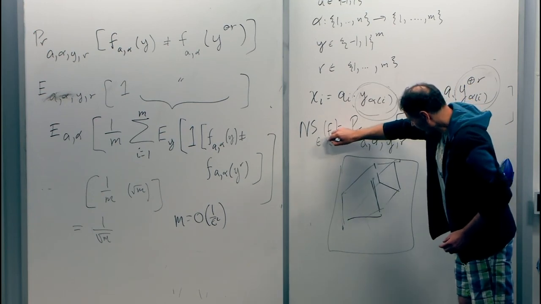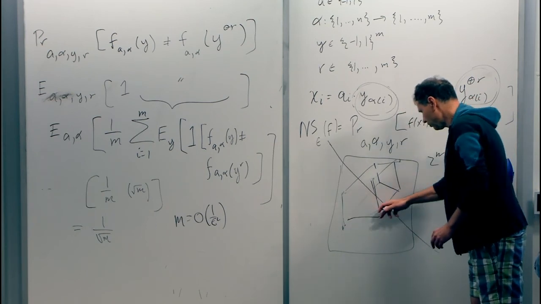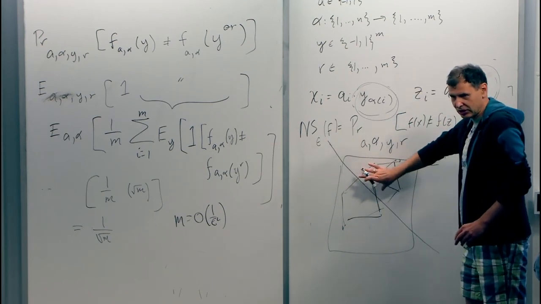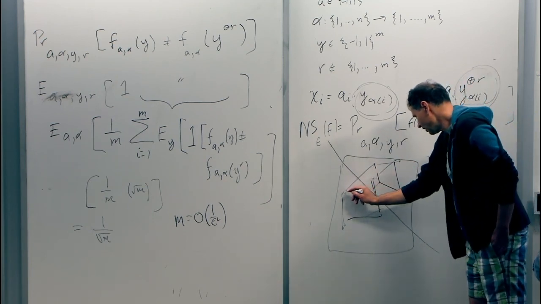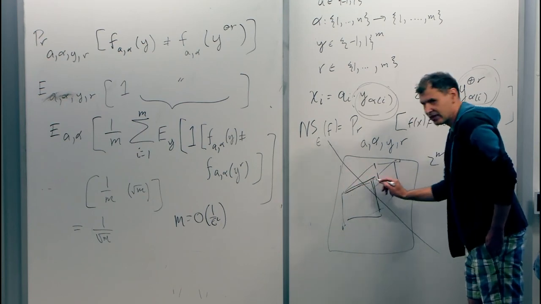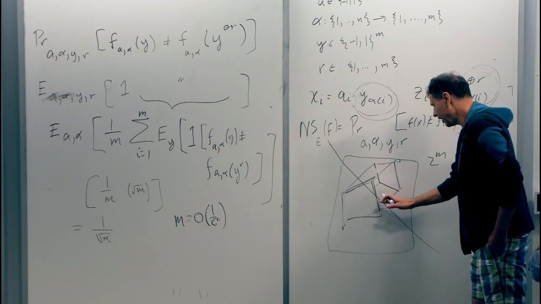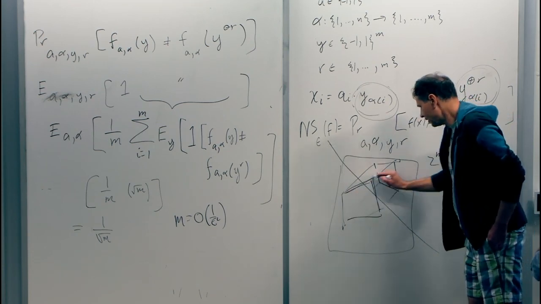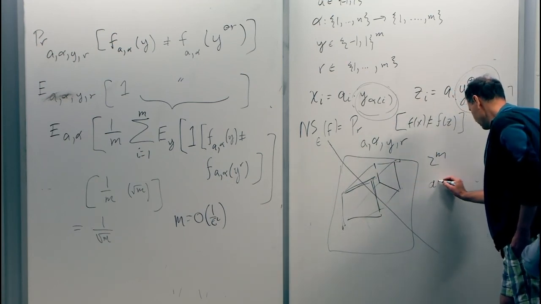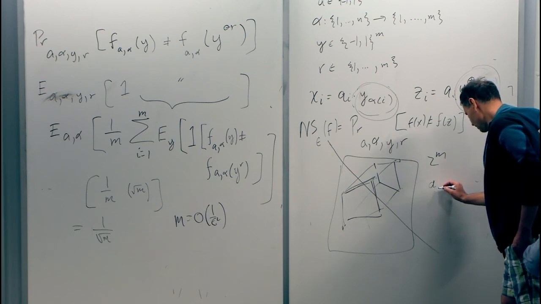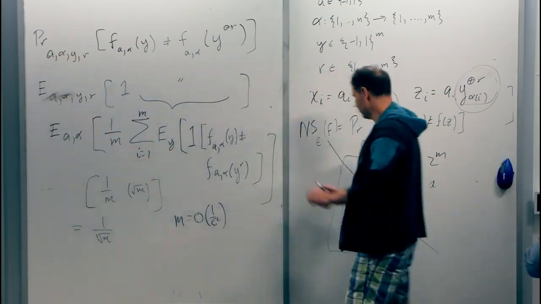And you have the original threshold function. Now I'm just focusing on these, and I'm averaging over all these pictures. So all I have to see is how many edges it cuts. And it's well known that the fraction of the edges inside this small cube, which is created from this fixed A, is